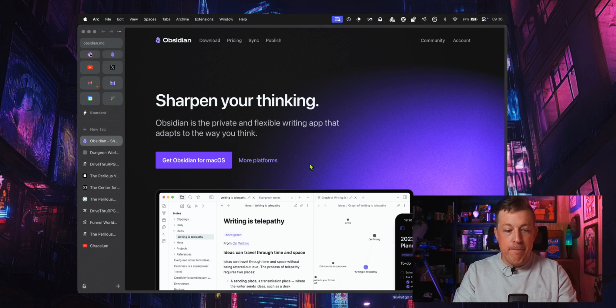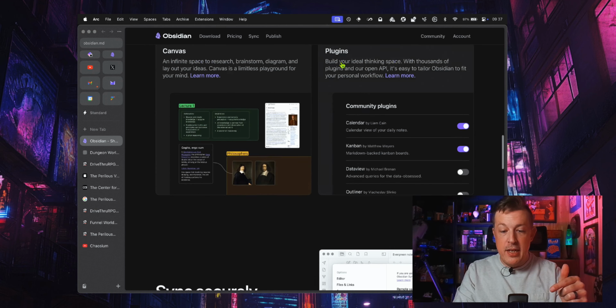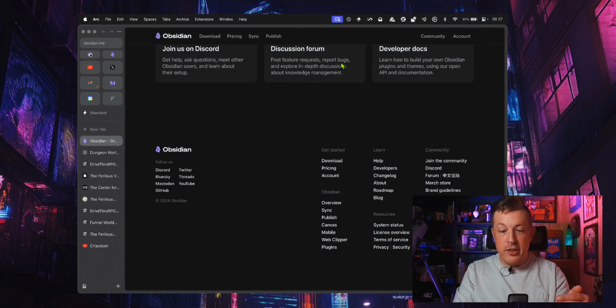website because up here, you've got the main Obsidian logo, download Obsidian, you've got pricing, sync and publish. So synchronizing your database and publishing it to the web are the two features of Obsidian that they're most proud of and they want to push the most. But this brand new thing that is super powerful is actually all the way down here in the footer of